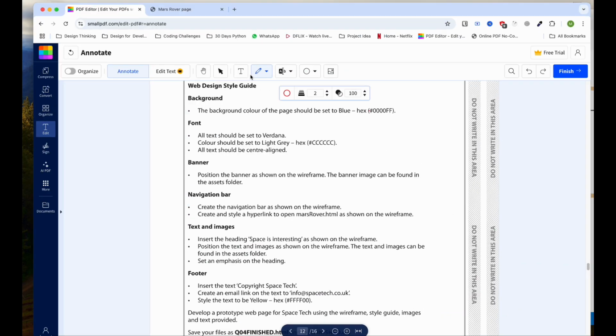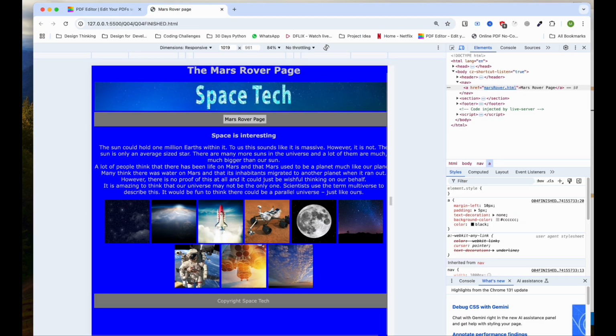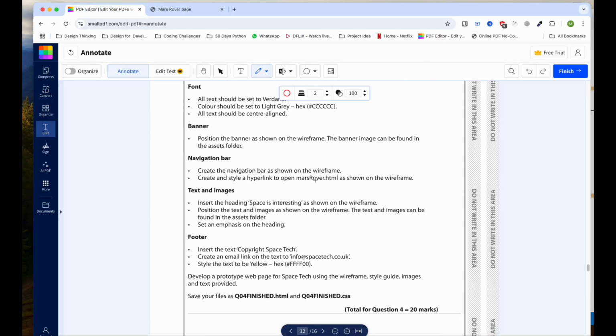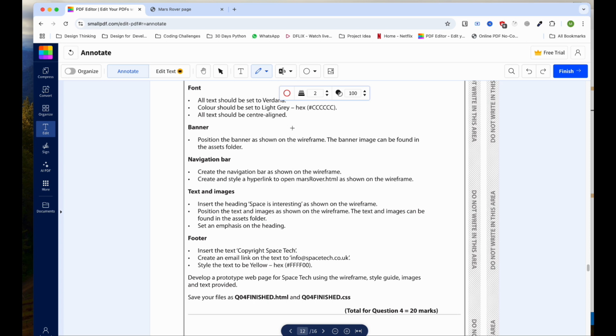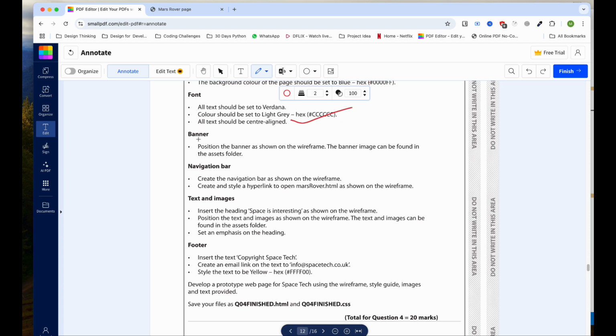Now if we go to our pictures, we can see this one, right? This one is done, all are done, right? Banner, position the banner as shown on the wireframe. The banner image can be found. This one also done. Navigation bar, create the navigation bar as shown on the wireframe. Create and style a hyperlink to open as shown in the wireframe. This one also done,